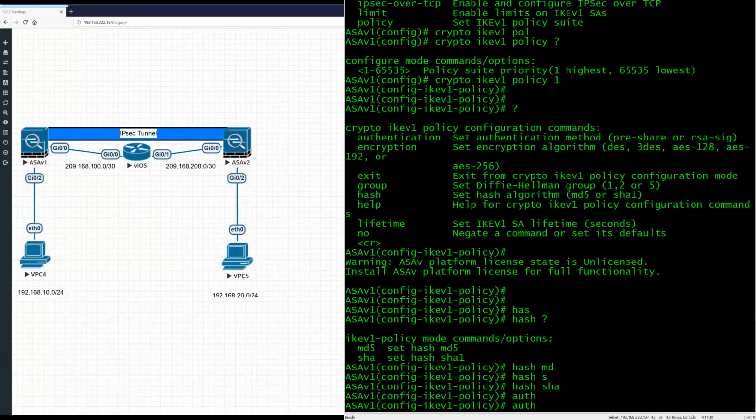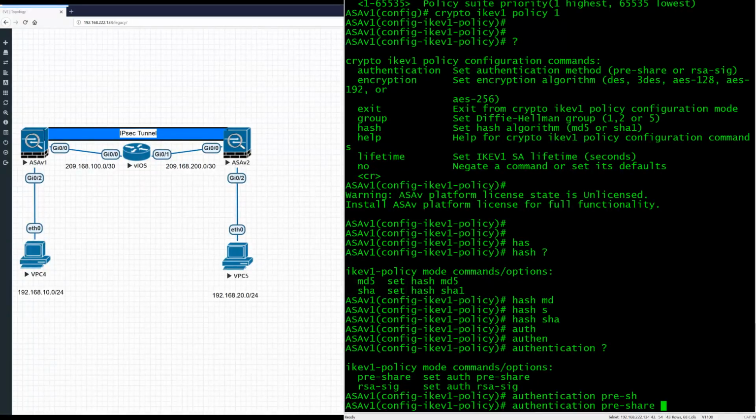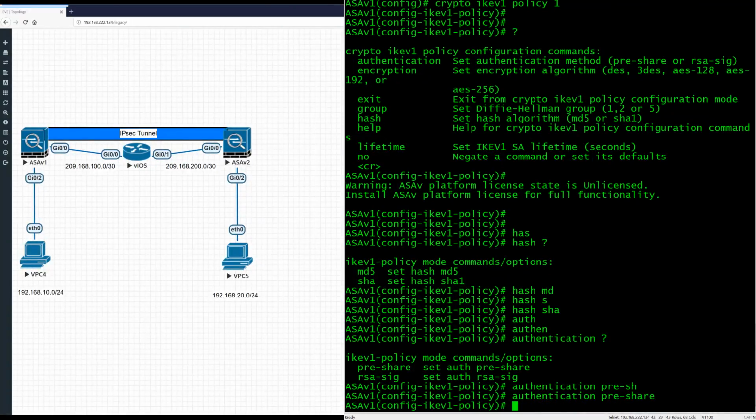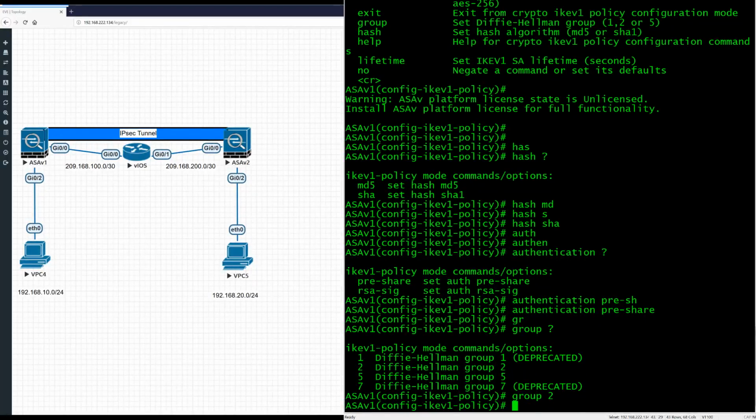A for authentication. You can see that we could use RSA or we can use pre-shared keys. So we're going to use pre-shared keys. So we'll do pre-share. Group. We're going to use Diffie-Hellman group. Let's use group 2. And then we'll